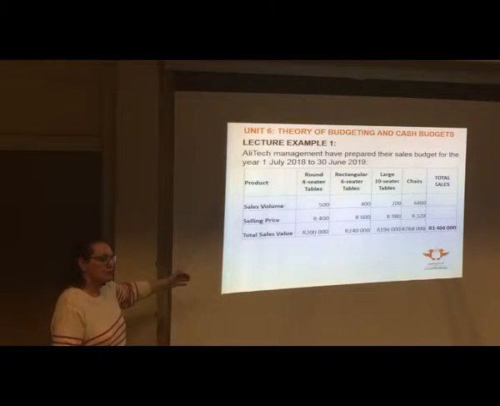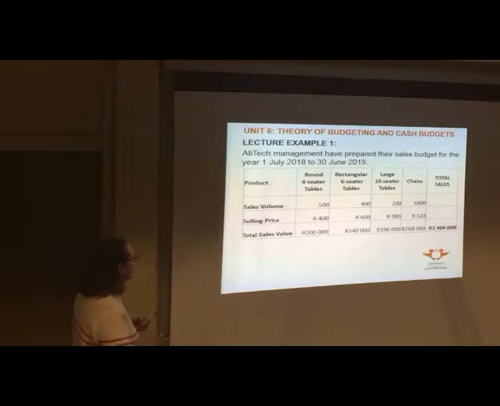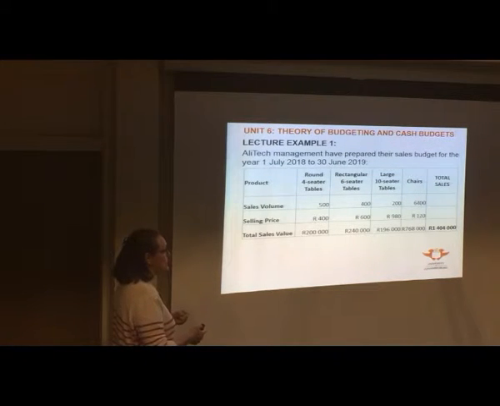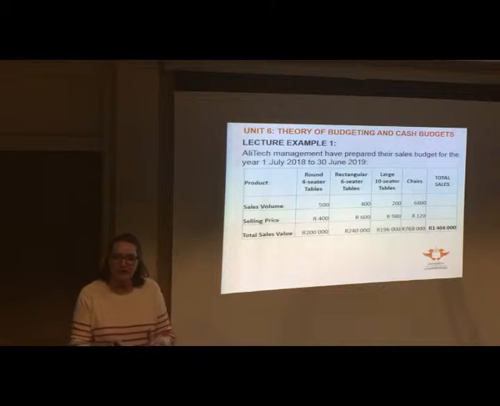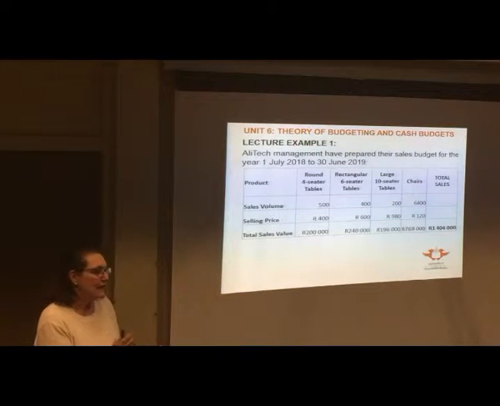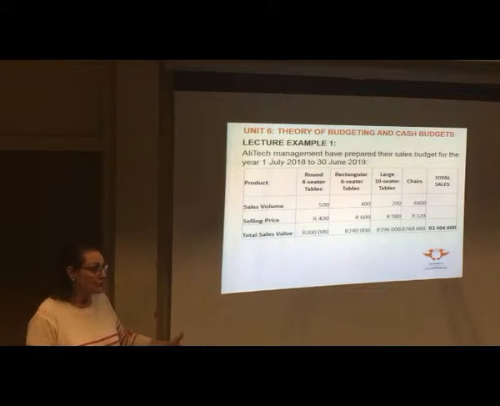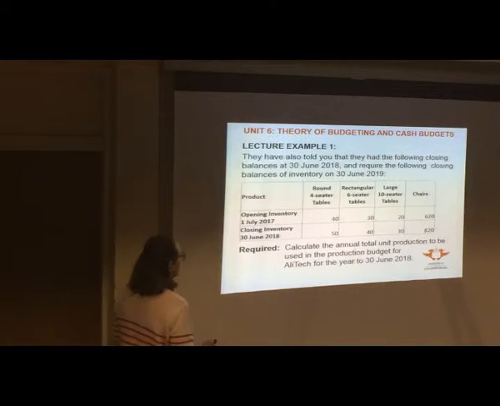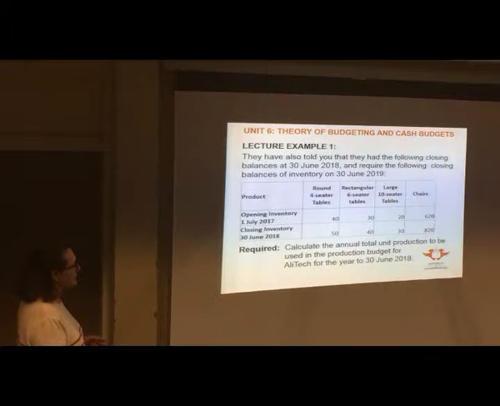What we need to be able to do to create the production budget, we need to know how much stock we already have. Because if we already have 600 four-seater tables, we don't need to produce any, not so. But if we've got 50, then we need to produce 450 to sell 500. Except that we want to have some stock left over, don't we? Because let's say that the 31st of December is our year end, we want to be able to sell in January as well. We won't want to have run out of stock, and you know that the factory's closed between December and January. Okay, so this is our opening inventory and this is our closing inventory for these 4 products.